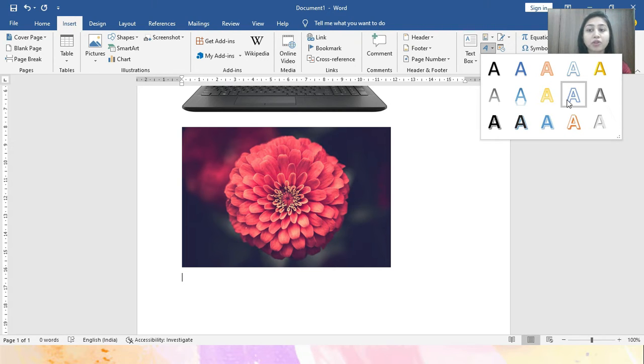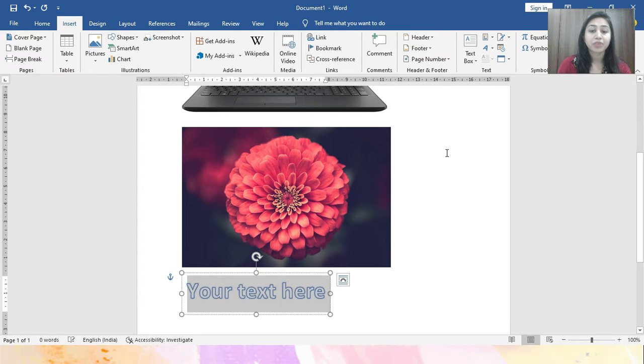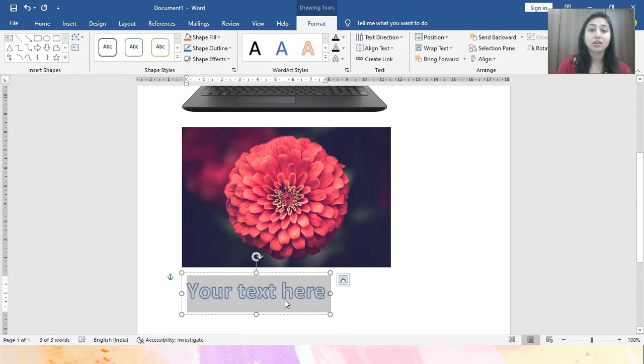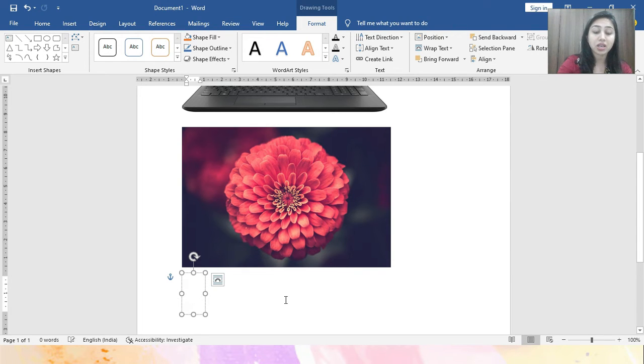For example, I want to type with this predefined text. So select that text. You can see a word art box is available here. So use the backspace key and type whatever you want to type with this text.